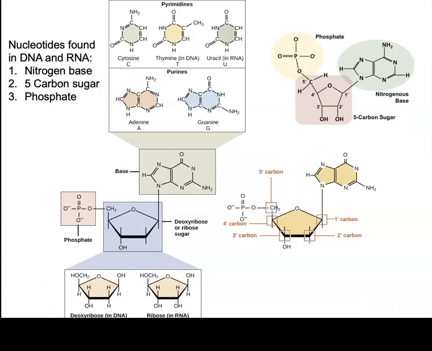All right, I put this slide here just so that we can look at the nucleotide a little more closely. So the nucleotides that make up DNA, and RNA for that matter, have 3 parts. And so what do they have? You can see up here in the upper right corner, they have a nitrogen base, a 5-carbon sugar, and a phosphate. So the nitrogen bases, here they are here, so the cytosine, thymine, adenine, and guanine, those are the 4